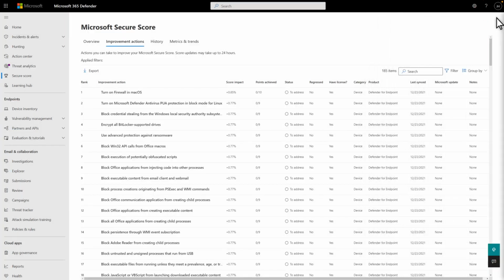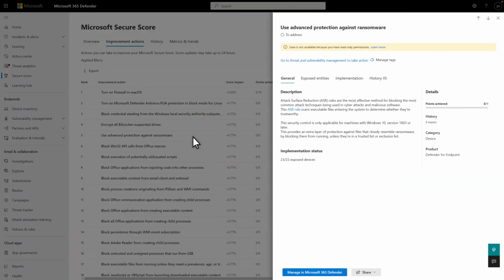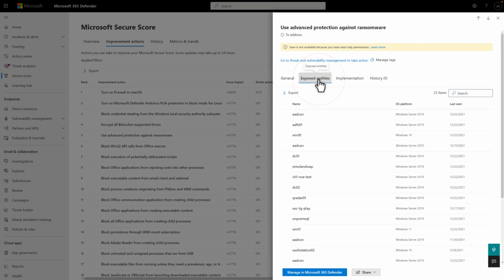Select any improvement action to get more information in the Details side pane. You find a description of the action, its status, and the number of points gained. Over on the Exposed Entities tab, you see a list of the entities, like endpoints, that the improvement action will impact. To easily share this list, you can export it to a CSV file, or you can share the recommendation by copying a link to it, mailing it, posting it to a Microsoft Teams channel, or creating a card in